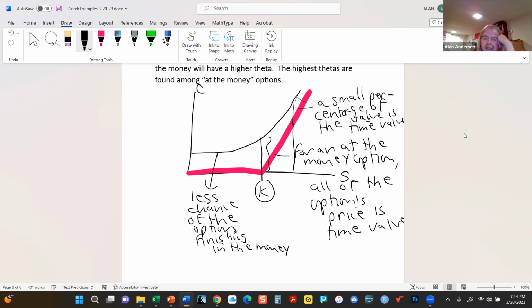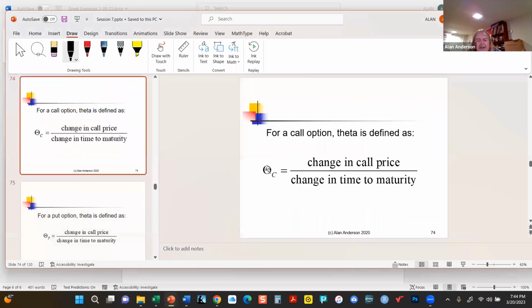Okay. So that's why this is the one that's going to change the most when time elapses, because so much of it is essentially all time value. But there's also a real chance that the option could finish in the money and the value could continue to increase. So that means that if it moves into the money, a lesser amount of its total value is time value. So if you look at the graphs that are created,